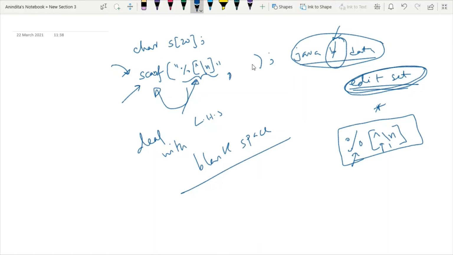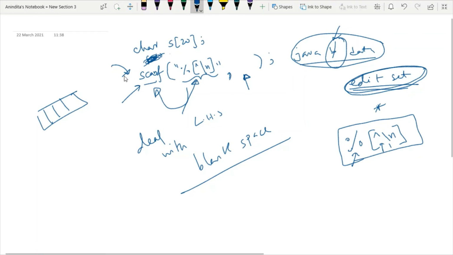And now the question is, what should I write here? Because you just try to understand one point. I have mentioned that if you want to take input in the array, definitely you need a loop. But here I am not using any loop. So how could I take input in this character array? Your answer is, whenever you do not have any loop, you can do one thing. You can mention the starting address of the array.